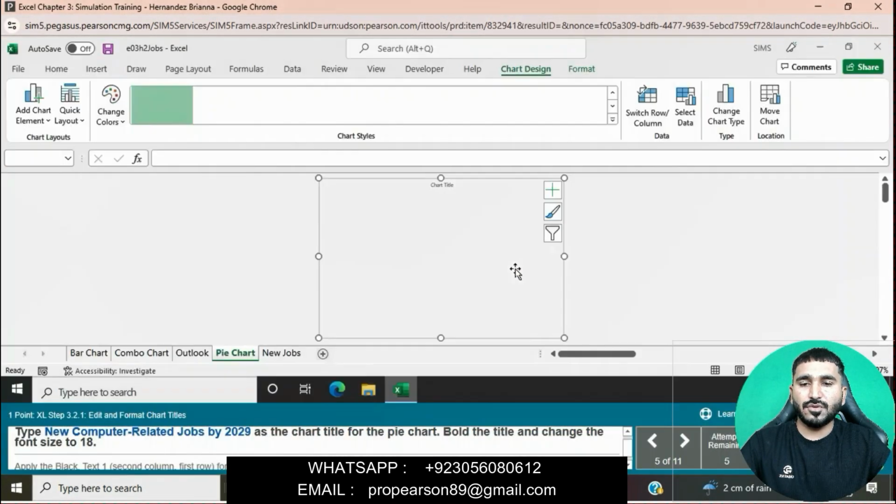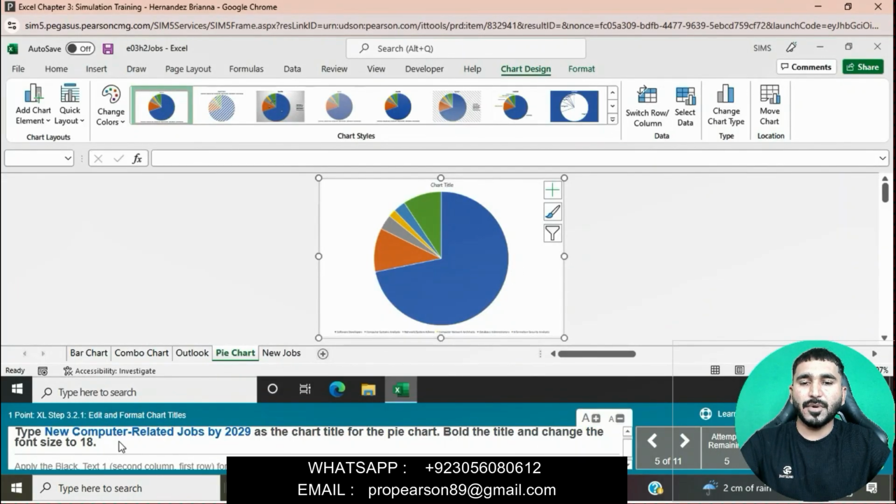Type new computer related jobs by 2029 as the chart title for the pie chart. Bold the title and change the font size to 18. Simply click on chart title and then we will type new computer related jobs by 2029.